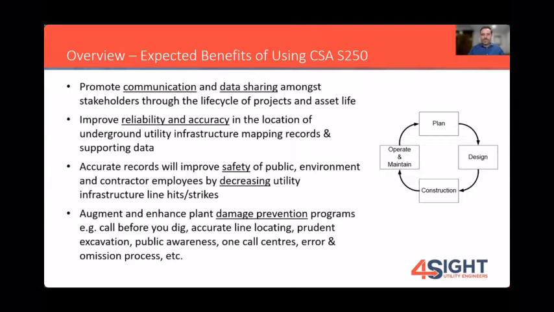Some of the benefits that we're hoping to get out of it is to promote the communication and data sharing amongst the stakeholders throughout the life cycle of the projects and assets. Big one is obviously improve reliability and accuracy of the location of our underground infrastructure, mapping and supporting record data. The accurate records are going to improve the safety of the public, the environment, and contractor employees by decreasing utility